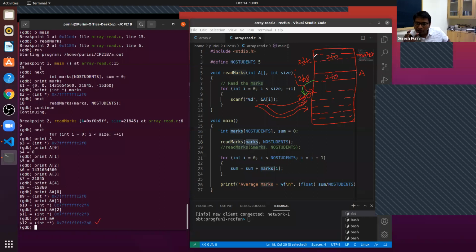Marks has an address, and that memory location contains the base address of the array, 2F0, and that 2F0 we are passing to A, and then we keep going. You don't need to make a pointer to make marks have the address.